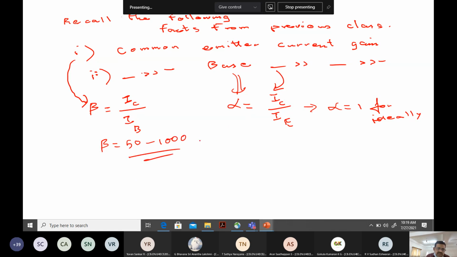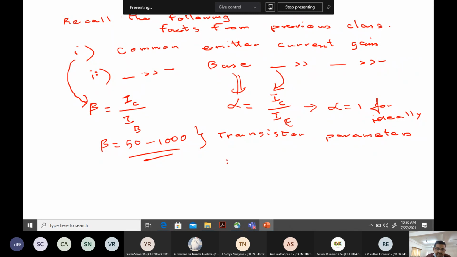Let me make it clear, these are what are called the transistor parameters, nothing to do with the amplifier gain, which is a different topic altogether. These are current gains for the transistor. Different transistors will have different gain levels, and that has to be specifically fabricated to get certain gains through adjustment in the doping profile and also the width of the base region.